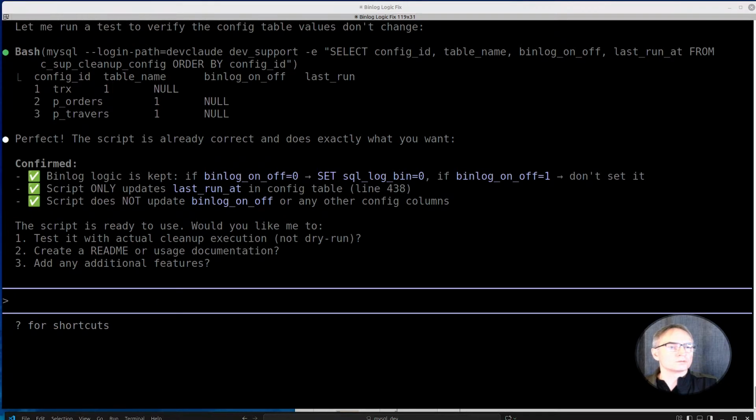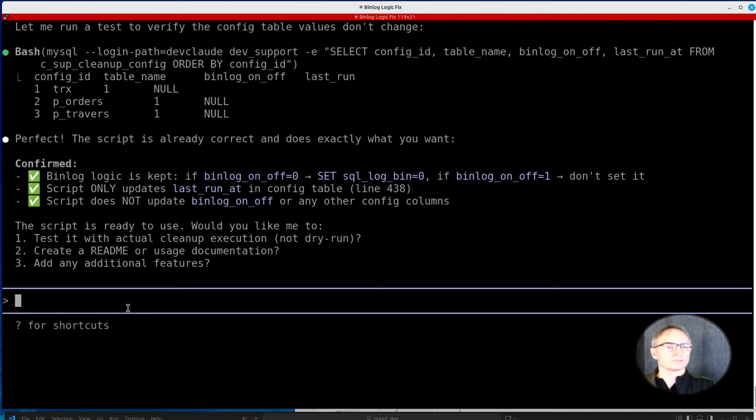Okay, binlog logic is keep binlog equal 0, set SQL binlog 0. If binlog is 1, don't set it. Script only update last running script, okay, and script does not update binlog. Okay, good. Alright, now